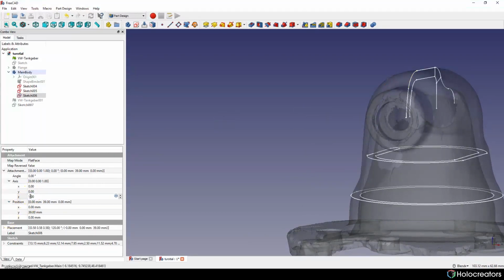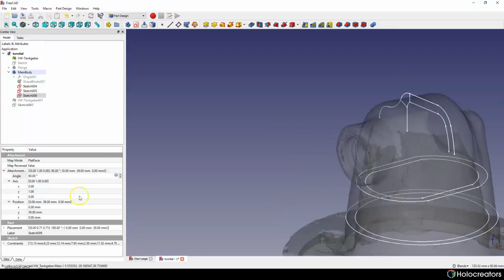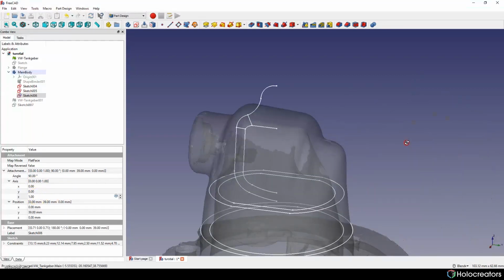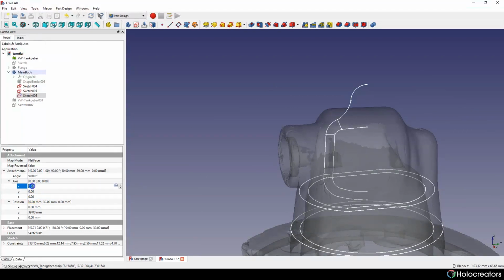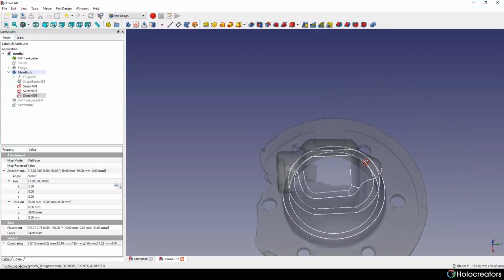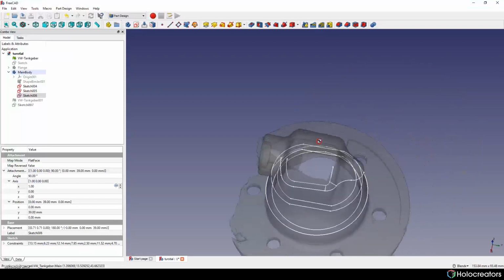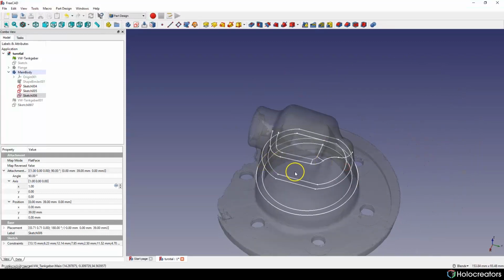We will rotate it on the y-axis, so we just need to change this to 1, and then we can press 90 degrees and it works a bit wrong. I think we need to use the axis. No, maybe X. Yeah, X axis is perfect. So the next step is to mirror it, and then we will use the loft tool.